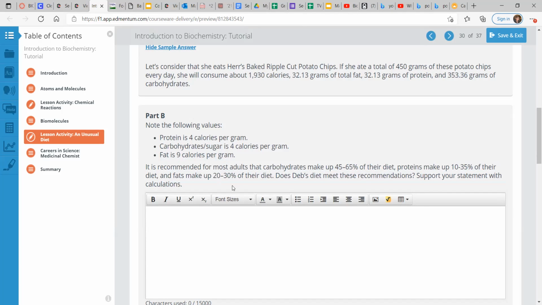And it's recommended for most adults that carbs make up roughly half, maybe a little more than half of their diet. Protein makes up 10% to a third of their diet, and then fats make up about 20 to 30%. Does Deb's diet meet these recommendations? Support your statements. So